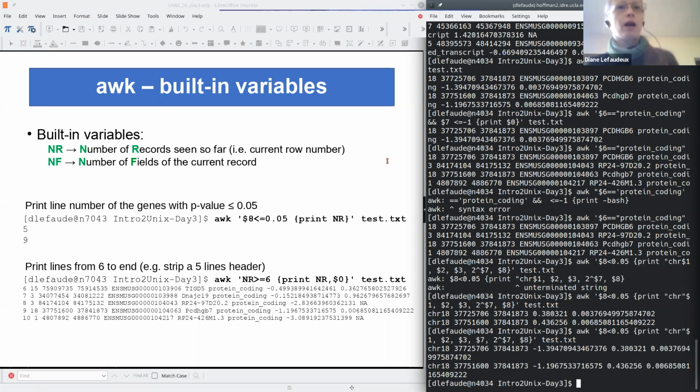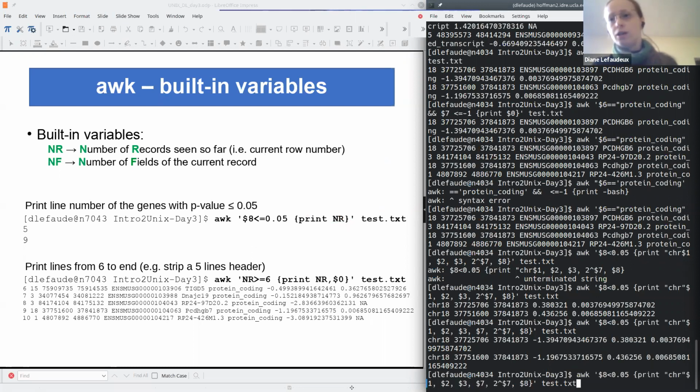And so let's look at this. Basically, you just need to write this variable in awk, and it's going to be understood as either the number of the line or the number of fields in the current line. So for example, let me write everything again. If you do awk,